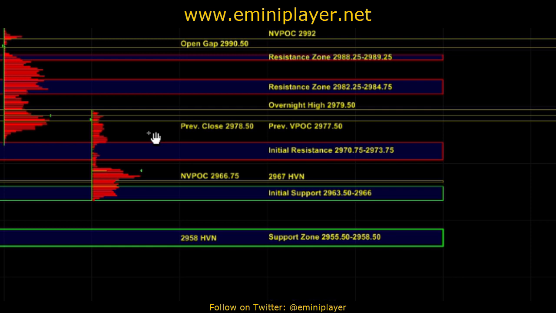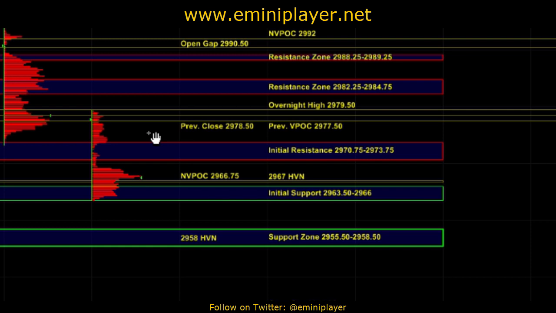So right now the market is at or near an important inflection point which can affect or change the intermediate term bias, and the main question today is whether the short-term bearishness is going to win out and end up changing the intermediate term bias, or is that intermediate term neutral bullish bias going to hold and then the market can push back up. And how ES behaves at the initial support zone and 55.5 to 58.5 is going to help us figure out whether the buyers are still maintaining control on the intermediate term time frame,